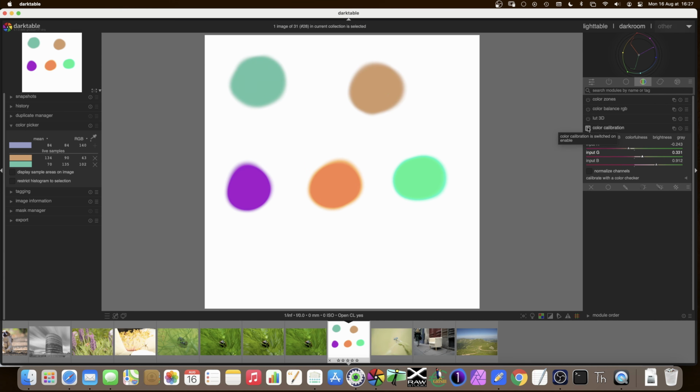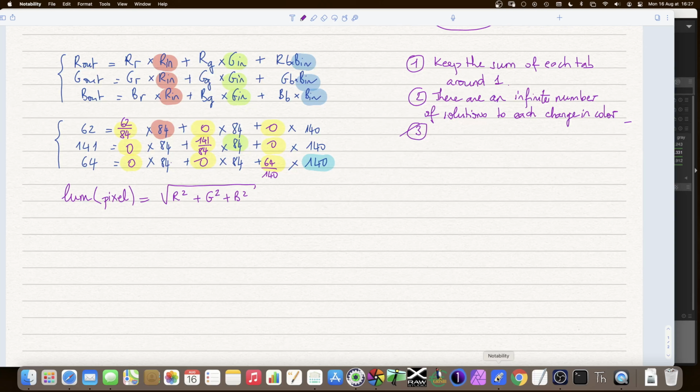If you look at the numbers on the sliders here, they are all over the place too. So mathematically there are many ways to find the colour you want from any. You can change any colour into any other colour, and there's an infinite way of doing it. The thing you need to remember is it will have an influence on all the other colours, and that is the third takeaway point here,